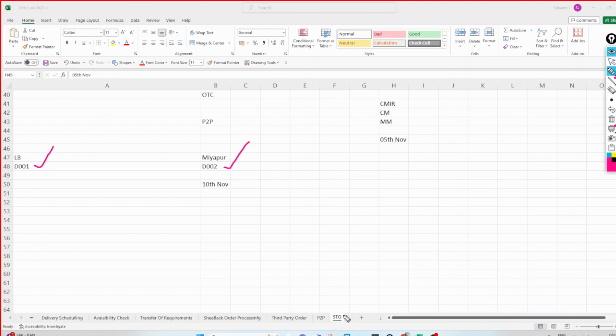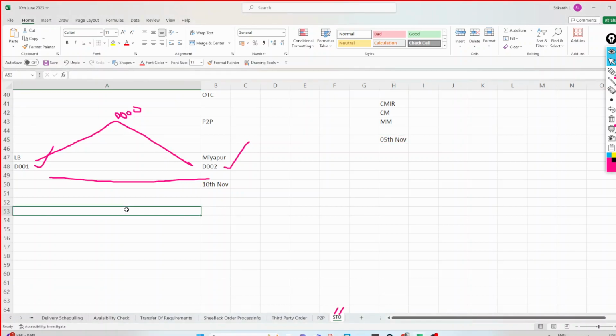So what is STO? I am transferring stock. Where is the transfer of stock happening? Between two plants. Whenever we move material between two plants, we call it STO. And we have already configured that these two plants belong to the same company code. These two plants belong to my company code D000. So whenever the two plants in which this stock transfer is happening belong to the same company code, we call it